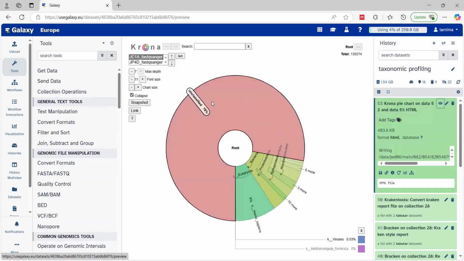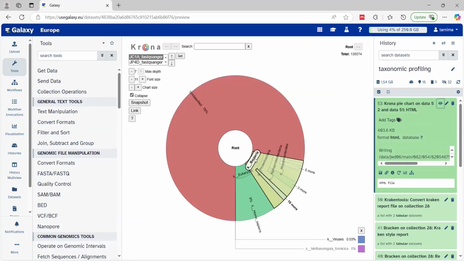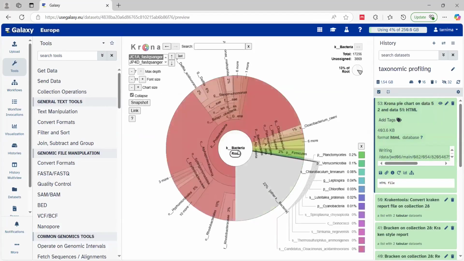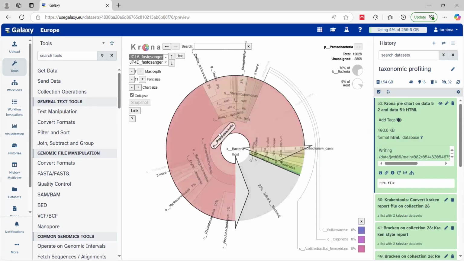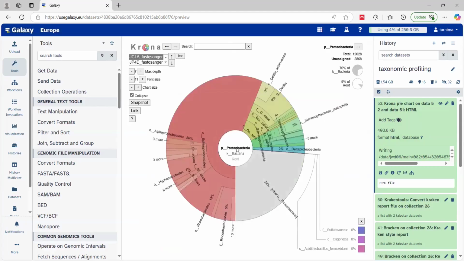You can zoom in and out from categories like bacteria, all the way down to species. You can zoom like this, just clicking 2 clicks on kingdom bacteria. Then you have Proteobacteria here. We can zoom in. You will find that Proteobacteria, as we have previously mentioned, is divided into Alpha Proteobacteria class, then Beta Proteobacteria class, then Gamma Proteobacteria, and then Delta Proteobacteria. These are the 4 classes